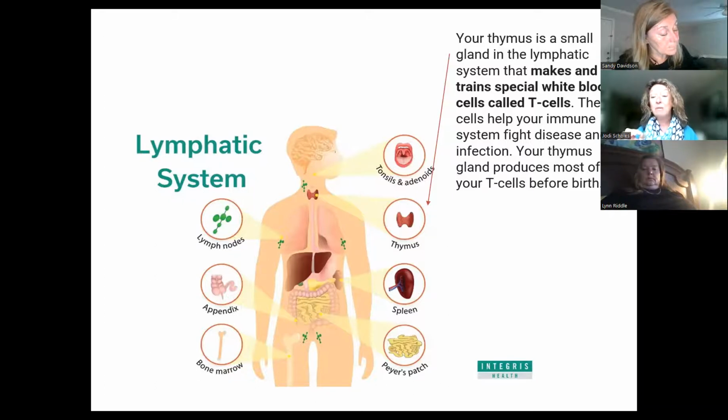So it's the thymus that is a part of your lymphatic system, not your thyroid, right? Your thyroid is here. It looks like your thyroid because it's butterfly shaped, right? But your thyroid is in your throat chakra. It's right here. But the thymus is lower. It's below your breastbone, just in case.